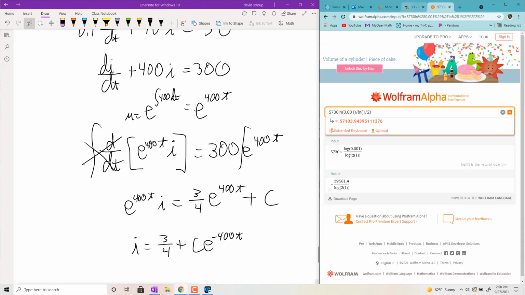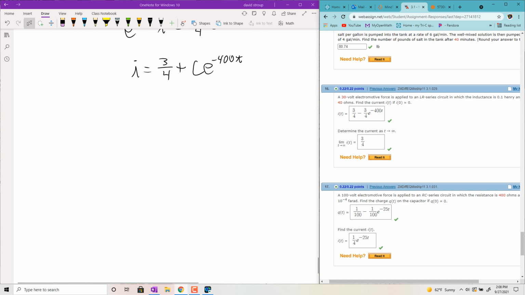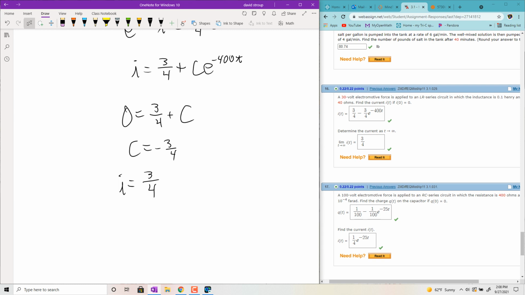Then if they give you an initial condition, I of 0 is 0, they did. Okay, so I of 0 is 0, so 0 equals 3/4 plus c. Solving for c, you get negative 3/4, so I is equal to 3/4 minus 3/4 e to the negative 400t,